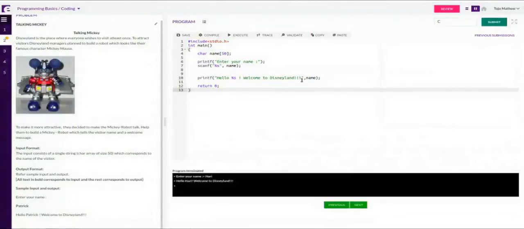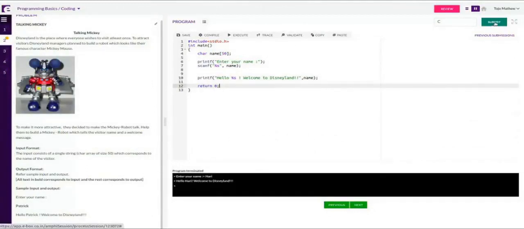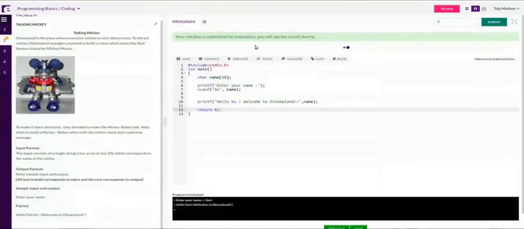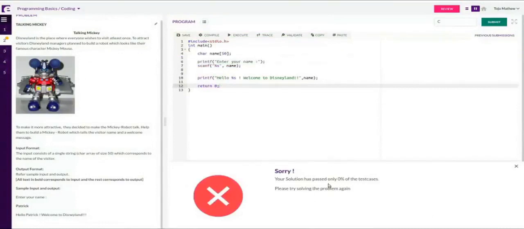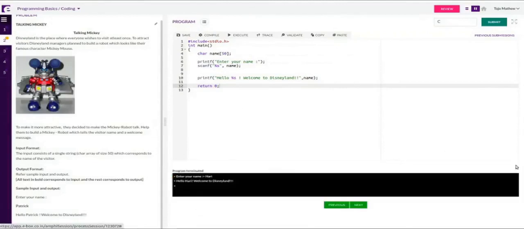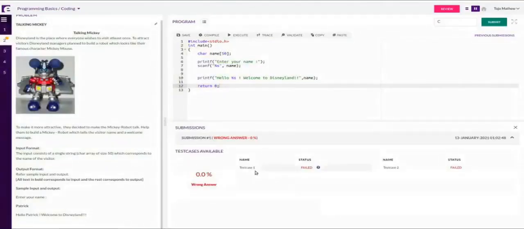Okay. Now before submission, I'm going to make a small change. Intentionally I'm creating an error just to demonstrate. So submitted. You will see the result shortly. Sorry, 0% test cases passed. There may be only 1 or 2 test cases or any number of test cases. My output string is not matching the expected output. I can go to the previous submission. It is showing there are 2 test cases, both failed. Against the first one, it shows a question mark.